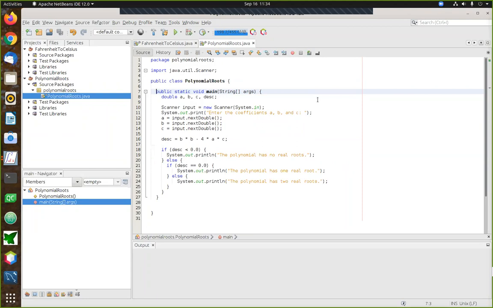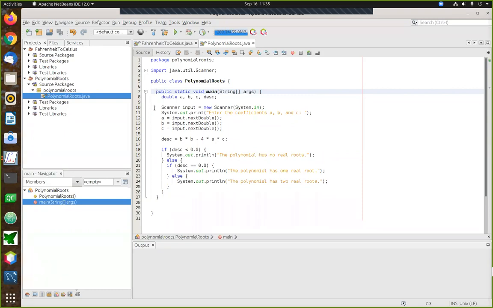And one aspect of that is determining what kind of roots a polynomial has, because there are three cases. A second-degree polynomial can have two real roots. It can have a single real root, or it can have no real roots. Now, because there are three possible outcomes here, we have to engage in a little bit of a decision process. We have to gather some information, and based on that information, we have to make some sort of decision about what's going to happen in a particular scenario. All right, so here's an example program that illustrates that kind of behavior.